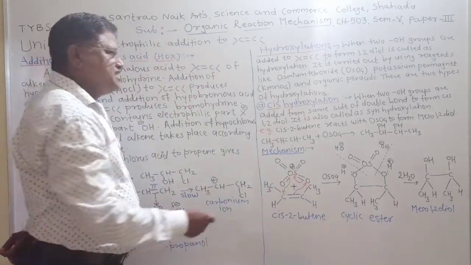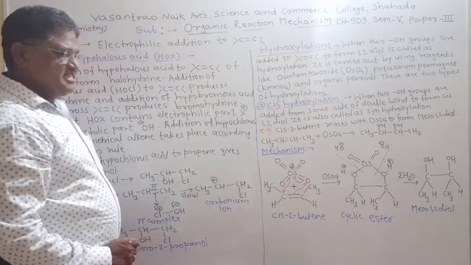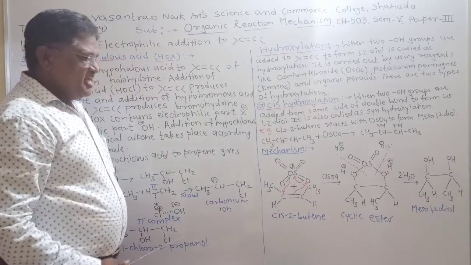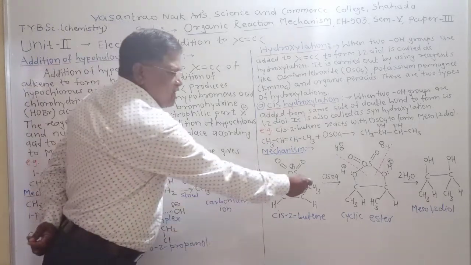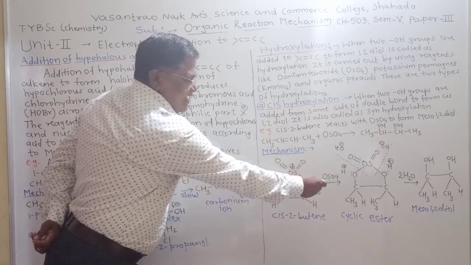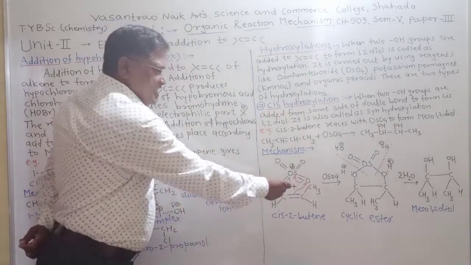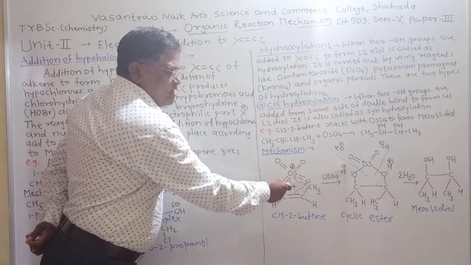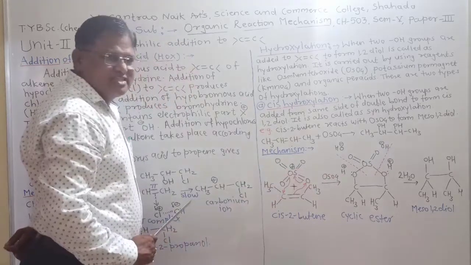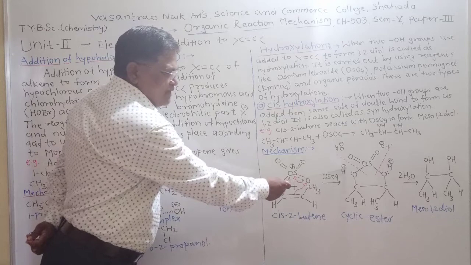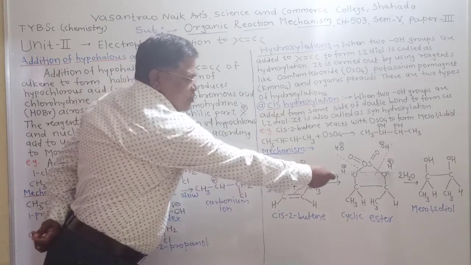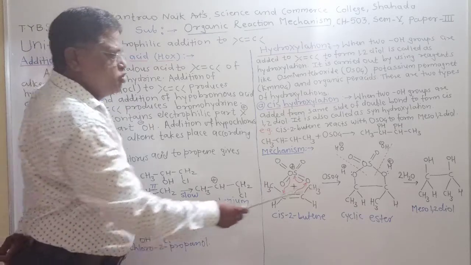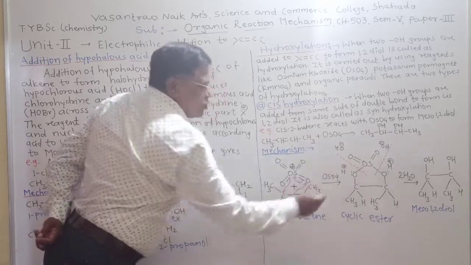Now the hydrolysis of this cyclic ester takes place, and we get the final product meso 1,2-diol. In this hydrolysis, the bond between osmium and oxygen will break, and we know that the oxygen atom contains a lone pair of electrons, and the hydrogen atom of water carries positive charge. Therefore, immediately this proton captures the electron pair of oxygen, and therefore we get two hydroxyl groups attached to the carbon atoms.